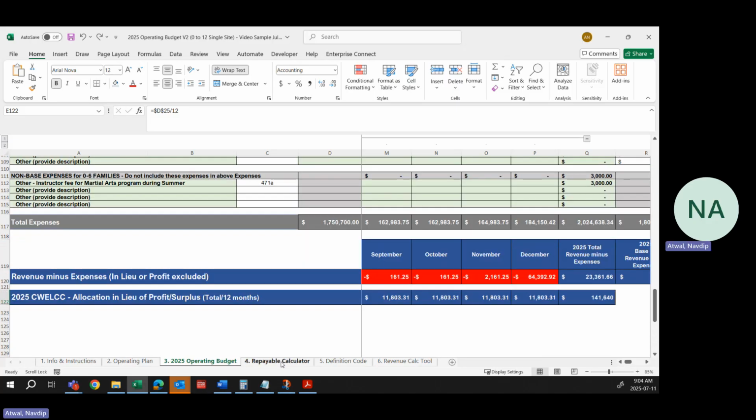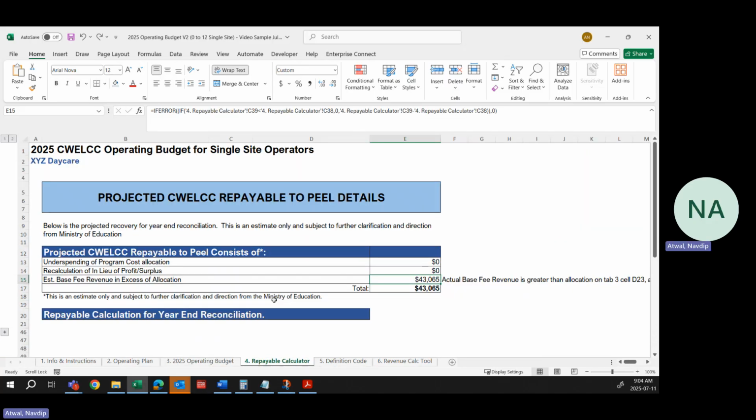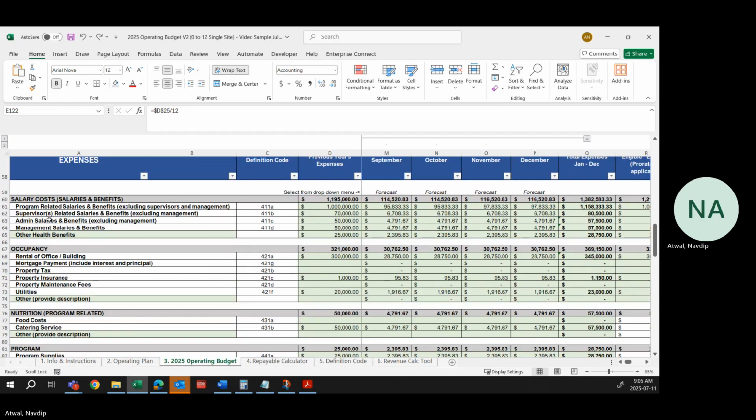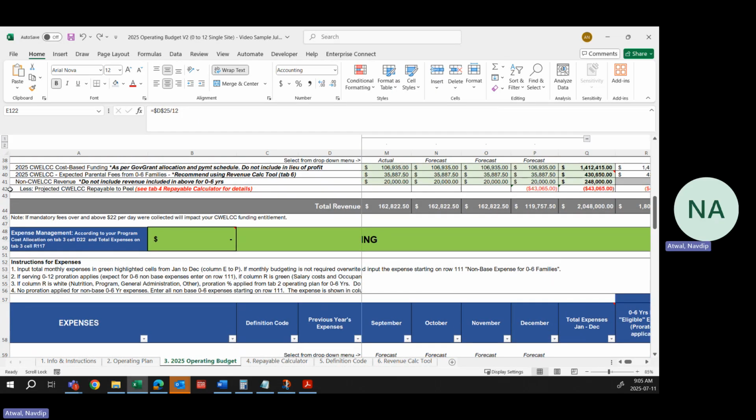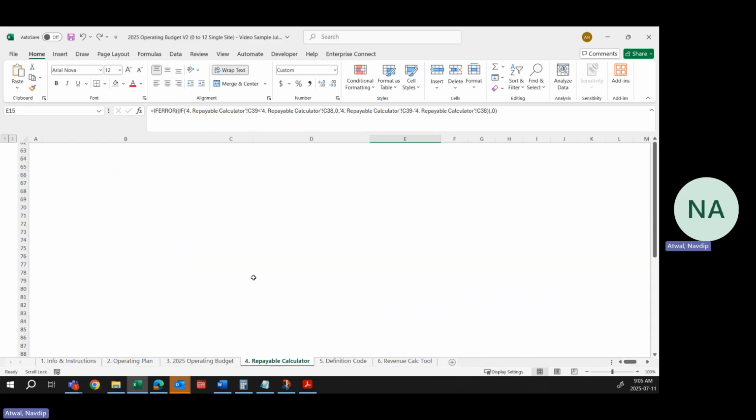Okay, we'll move on to tab 4, Repayable Calculator. Repayable Calculator is the projected repayable to Peel. Projected repayable section is a detailed breakdown of what is included in your repayable line from row 42. From this row right here, row 42, CWELCC repayable to Peel, the details can be found